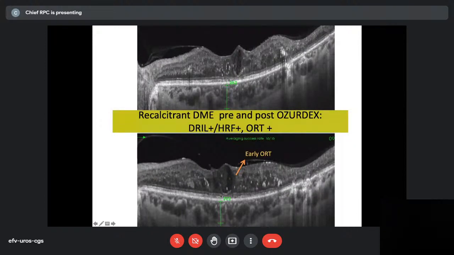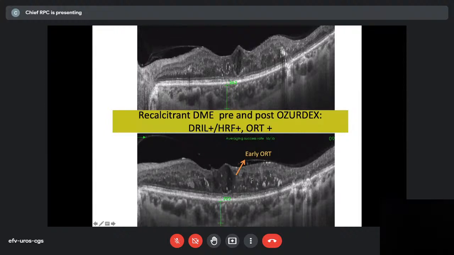So this is another patient of DME. You can see there's an ORT, outer retinal tubulation. This is a neurodegeneration. The hyperreflective border, and there's ORT here also. So the whole architecture is affected. This is a little VMA, and look at the ellipsoid. It's a little disrupted here. So we gave some Ozurdex, and of course the ellipsoid looks a little better, healthier, but the ORT still stays. The ORT is actually a degenerative material of the photoreceptors and all. It won't go.